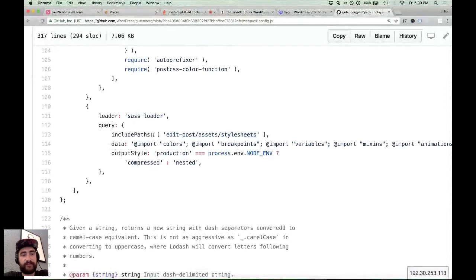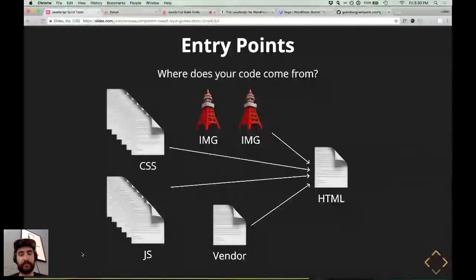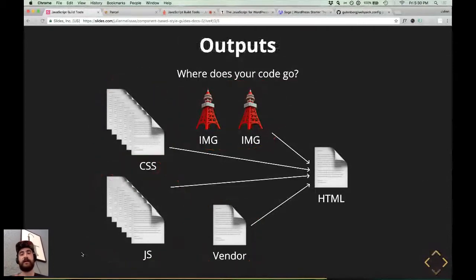This is a little confusing because it's split out into all these different big files, but you can see here's an output right here. So Webpack gives this idea of, you just have a file, you give Webpack this file, it figures out what to do with it, and then it spits it out where it's supposed to go. So here are our entry points again, and those bits that are highlighted right here are the actual entry points. So all of these things that our library needs. Outputs